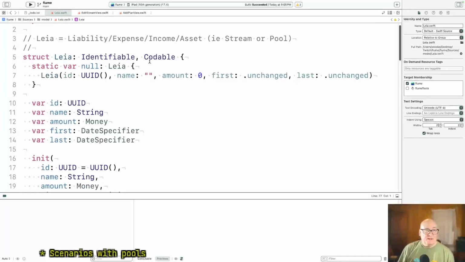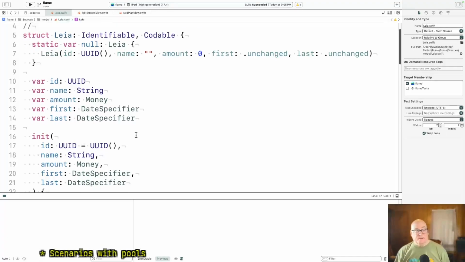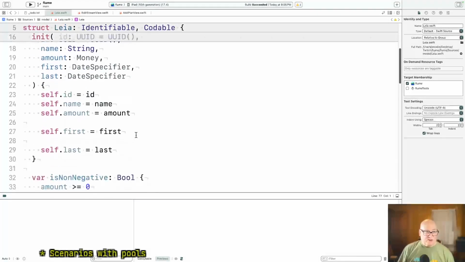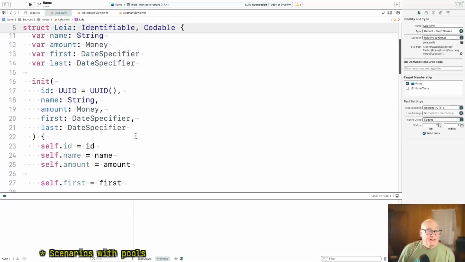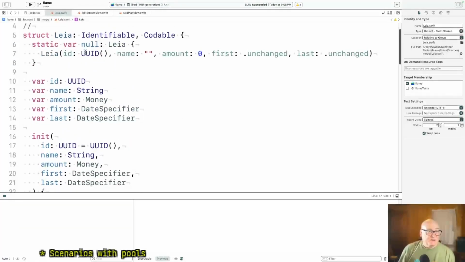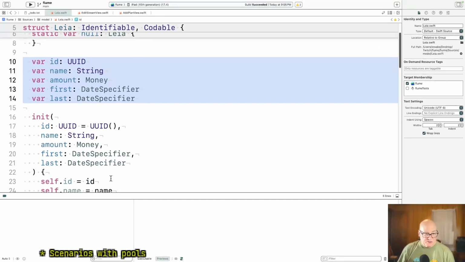So the big one, and this was the result of refactoring, this originally was struct stream, and we created another one that was pool that ended up being more or less identical. We realized the duplication along the way and fixed that before we went to the whole route of creating everything. But the key thing is you've got a null object you can start with when you create things, but you have these fields that represent the information. There's a unique identifier we don't display on the screen, the name, the amount, the first and last dates. Okay, and to initialize those, you just copy in those fields.